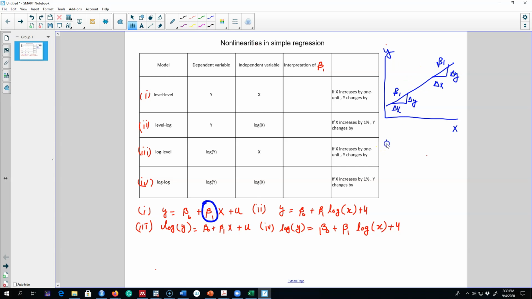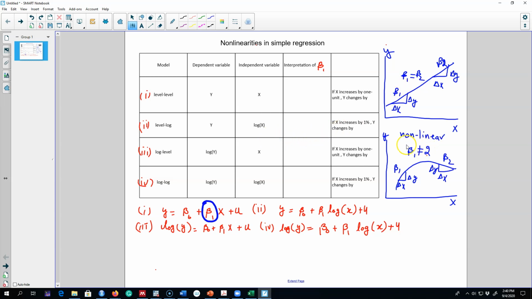By nonlinearity of x and y, we mean that the slope is not constant. For example, if we have a relationship between x and y like this, if we take the derivative here, we see the slope is positive and we'll get beta 1 here, and if we take a derivative here, we can see that when x changes by 1 unit, the change in y is beta 2. Here beta 1 is positive and beta 2 is negative, and they are not identical. On the other hand, here beta 1 is equal to beta 2. That is, slope is constant everywhere.